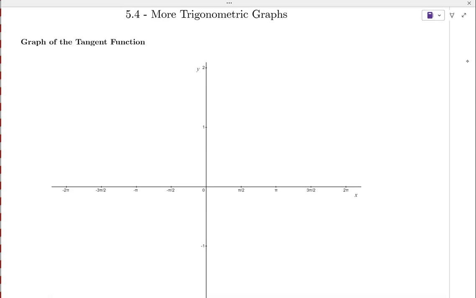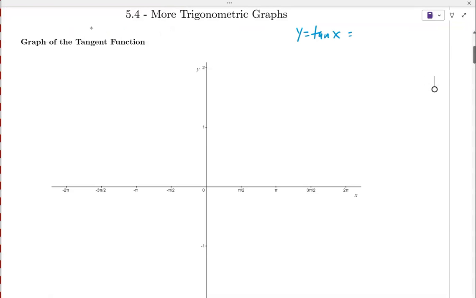When we did sine and cosine, we plotted points and then played connect the dots. Let's be a little bit more analytical about this than what we were doing before. Rather than just doing some plug and chug, plotting some points, picking some x's, getting out some y's, and playing connect the dots, let's actually use the properties that we already know about these functions to help us get characteristics that must happen on the graph and then get a sketch, okay? So, in particular, if we have y equals tangent of x,